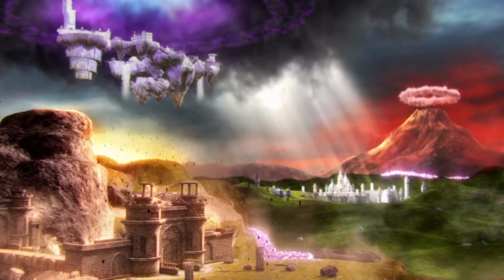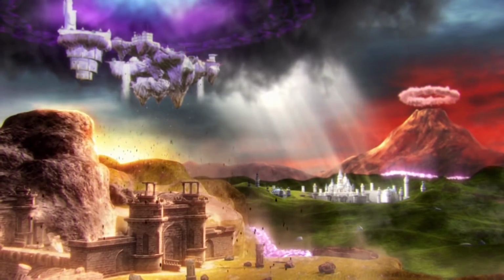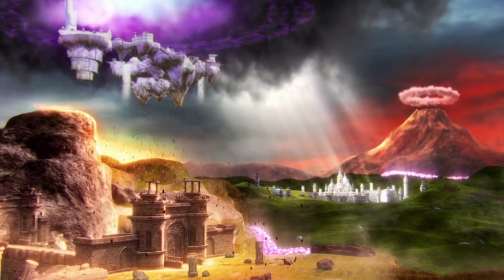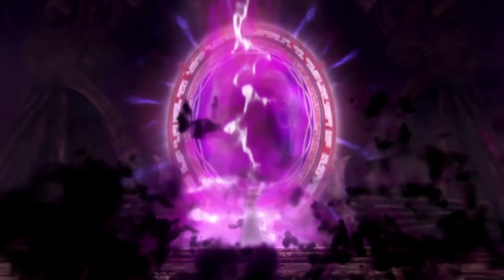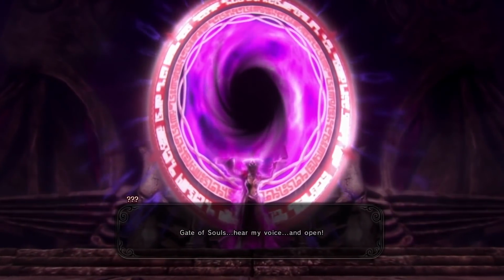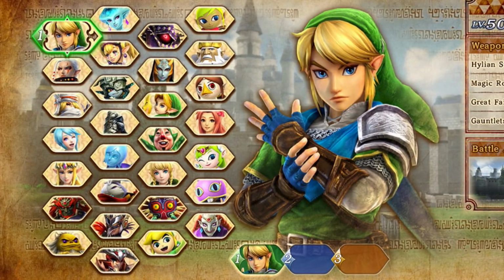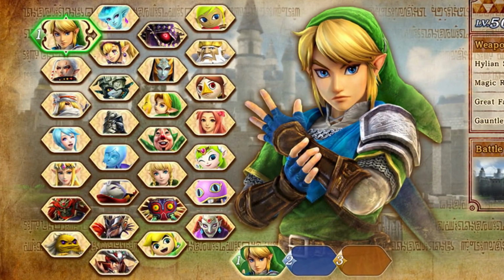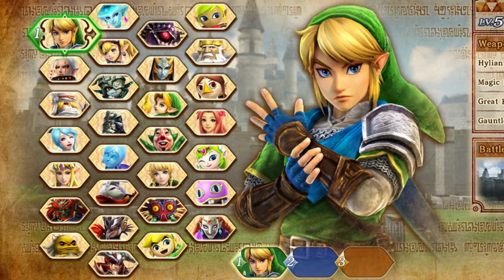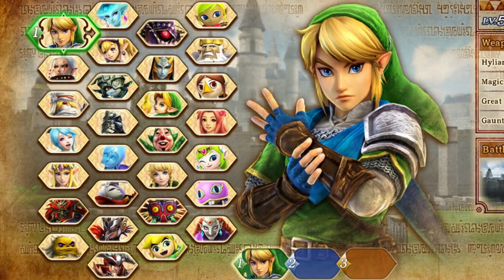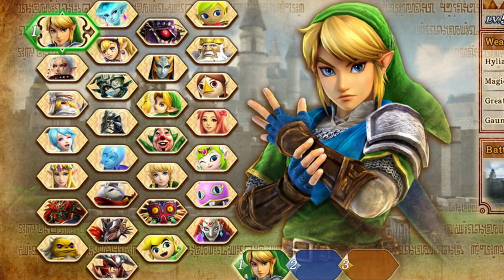Regarding the story mode, these characters and land masses are specifically taken from Skyward Sword, Ocarina of Time, Majora's Mask, Twilight Princess, and Wind Waker, 2 out of the 3 timeline splits. But there are some characters from Link's Awakening, Spirit Tracks, and A Link Between Worlds that are playable that have no relation to the main story. That's a good thing to note.